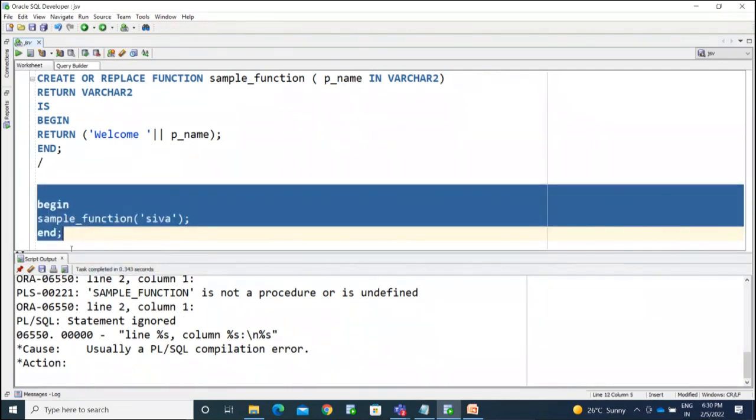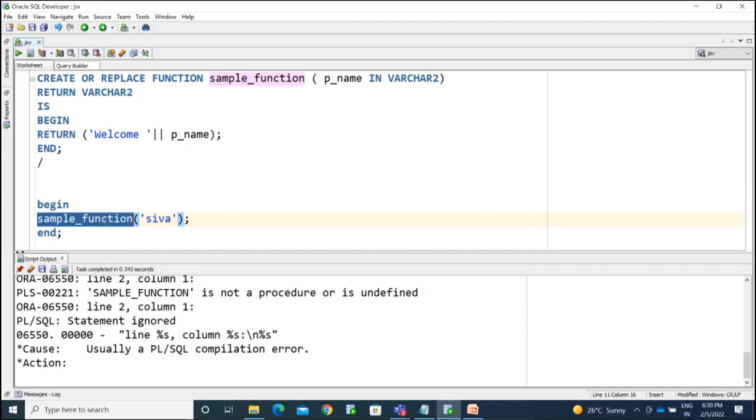Again, it will get the same error, because if you are executing in this way, Oracle will treat this as a procedure. Understand? So Oracle understands this to be a procedure. So if you want to execute the function, we need some variable. What return type we have, we need to declare a variable with that same data type. Declare,